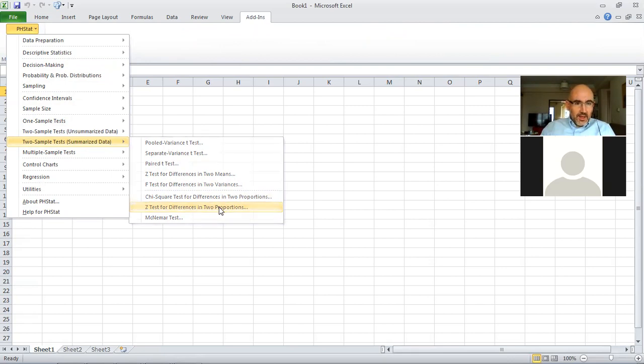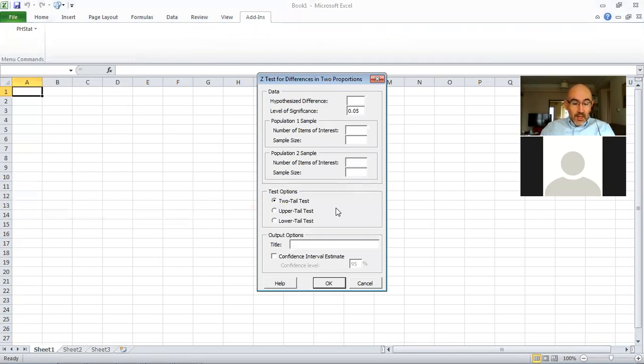So let's just do that, see if we get the same solution with the example we did in class with the difference between male and female voters. So here the hypothesized difference we indicated as 0. Population 1, that's the male voters, number of items of interest, and that was 36. So 36 people said they would vote for the proposition in a sample size of 72. And in the females, we had respectively 35 and 50 here. And we are doing a two-tail test and